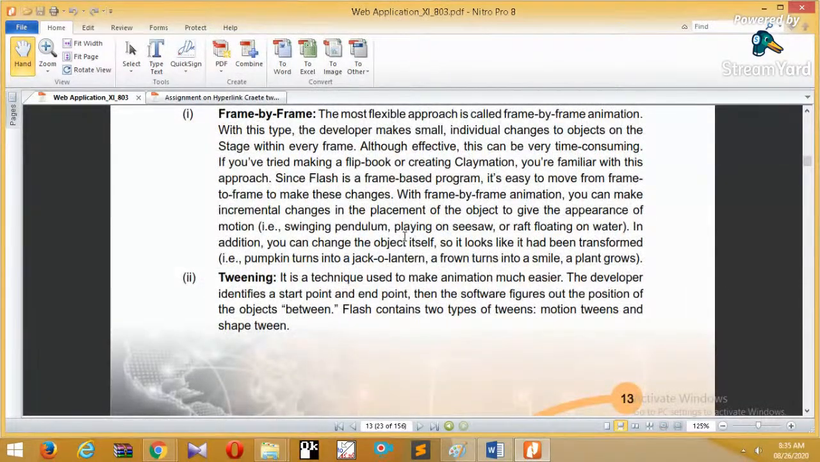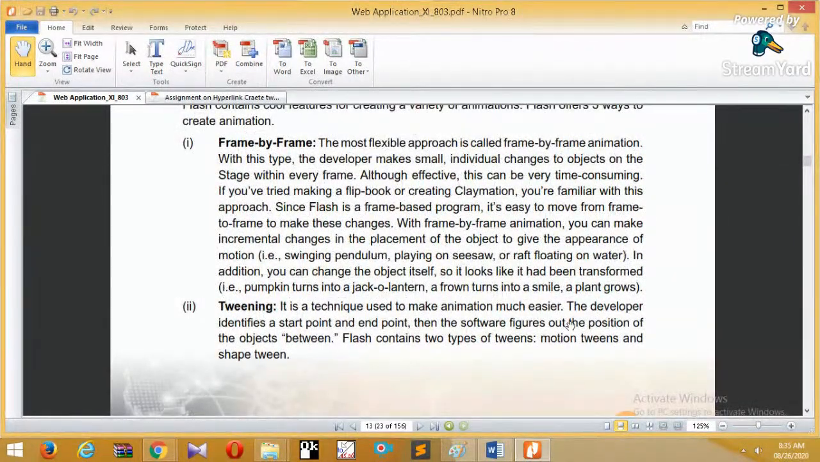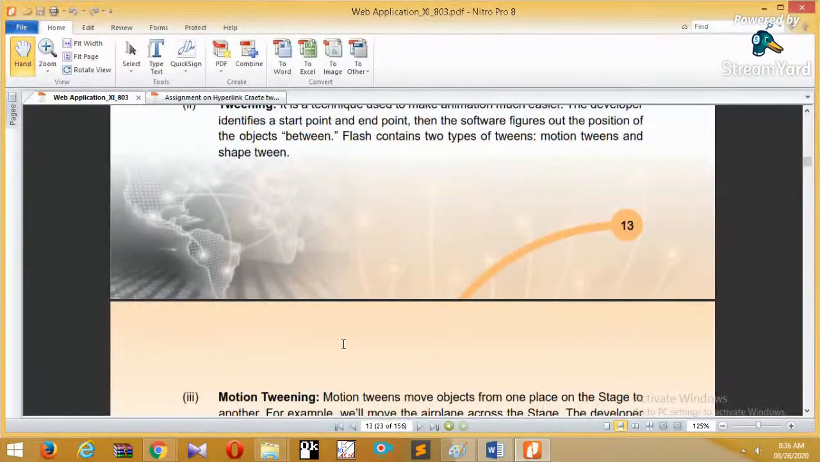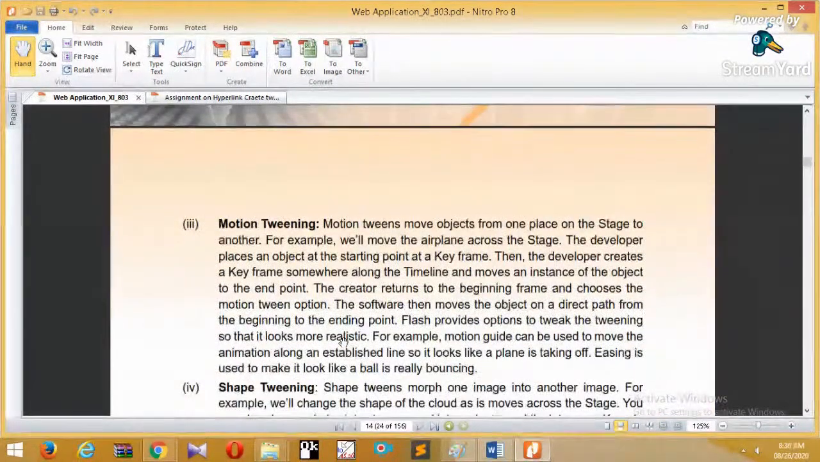And tuning is used to make the animation much easier. The developer identifies the start point and end point, then the software figures out the position of the object in between. Means automatically, between the two positions of the animation, the software creates different aspects of the particular object. Then coming to motion tuning. Motion tuning is used whenever we want to show that a particular object is